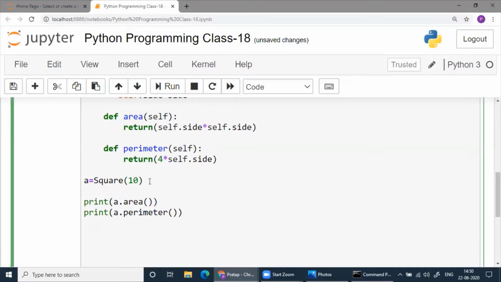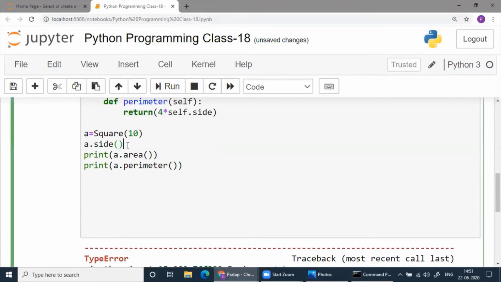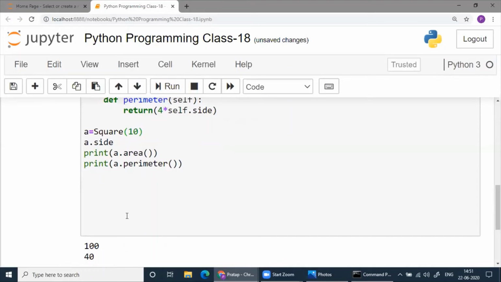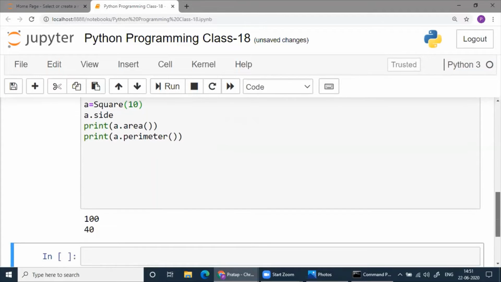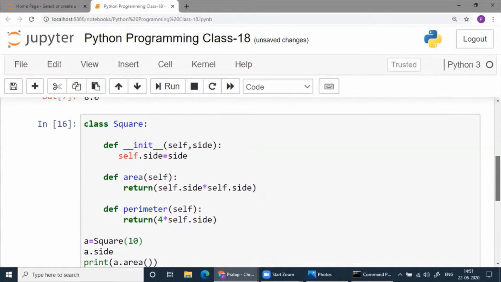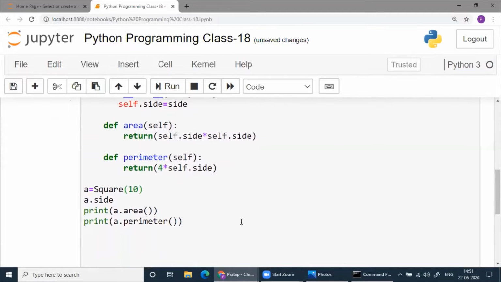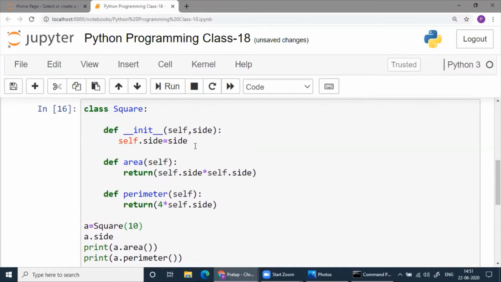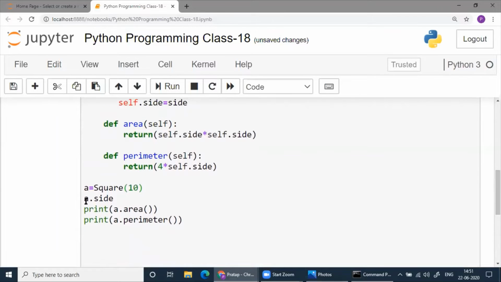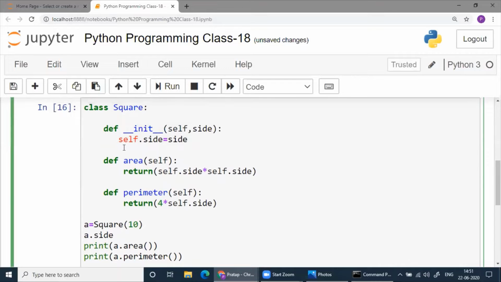Now here you can write a dot side. This is an attribute. So we'll not write like this. If you write like this, then there will be a problem. Better don't write this. Whatever is the side, you will get here. A dot side. What is side here? We send 10. So 10 is the side here. We have not written any such print statement.